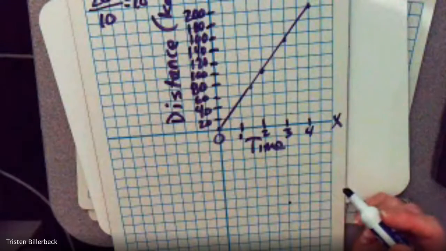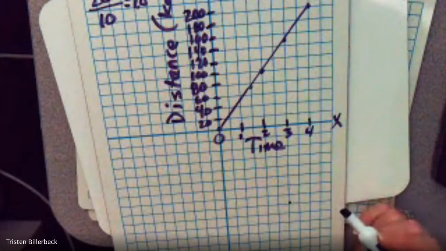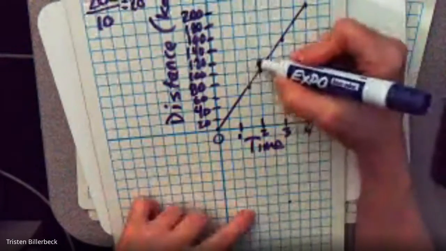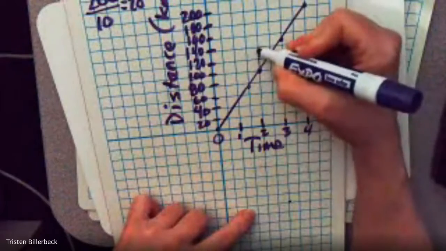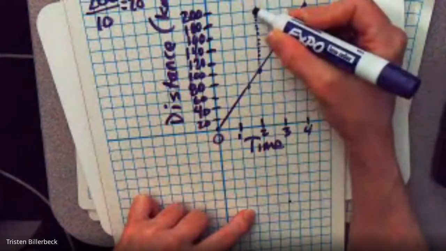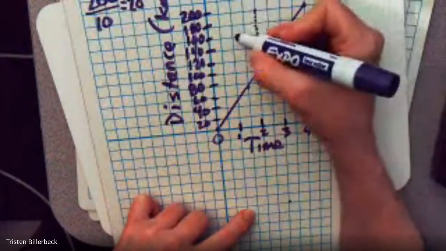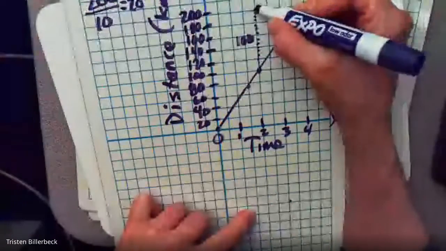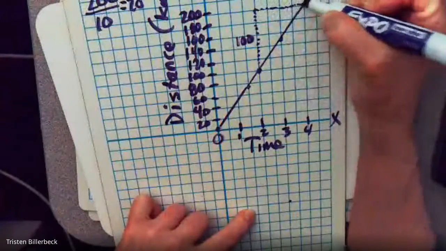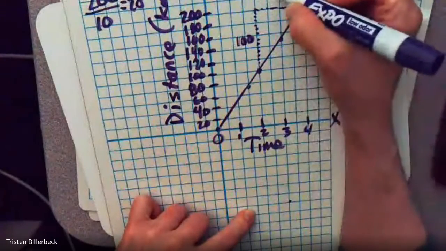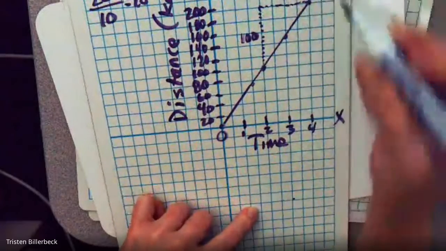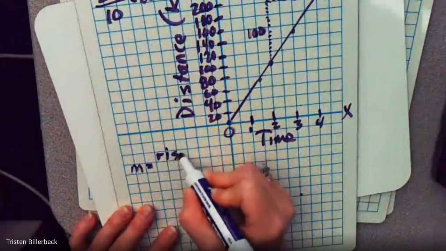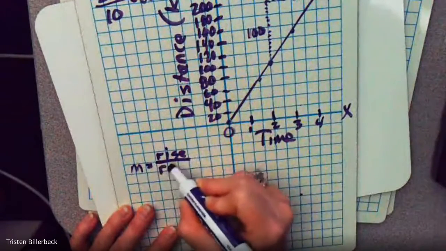Okay, so we want to find a rise and a run. So the best way to do this is looking at our data. We have 100 and 200. So let's make a little slope triangle here and rise up to 200. So that's 100 for a rise, and our run here went from 2 to 4. So that's 2 hours. Okay, so we could say our slope, which is the rise over the run,